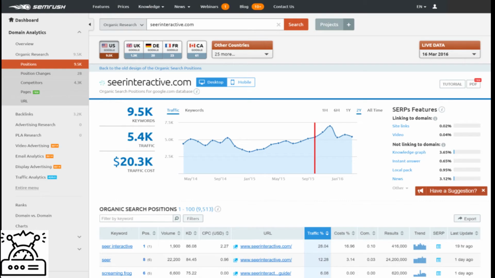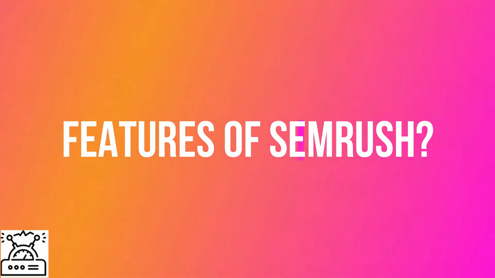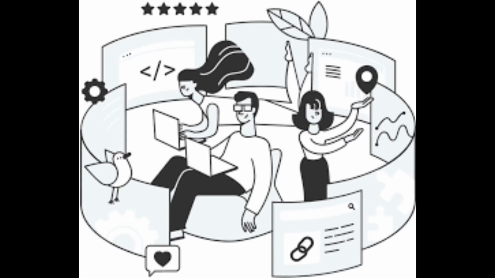Domain overview. This helps you to view all the details of any domain with just a single click on SEMrush. The features of SEMrush will give you details like organic and paid traffic, backlinks, top keywords, etc. It helps you to view their ranking and also helps you to beat them on the Google search engine. It enables a feature like instant keyword analysis, which helps you to figure out top keywords that the competitors are using to rank their website on the search engine, the ad links and more. This feature enables you to compare 5 websites at a single time.